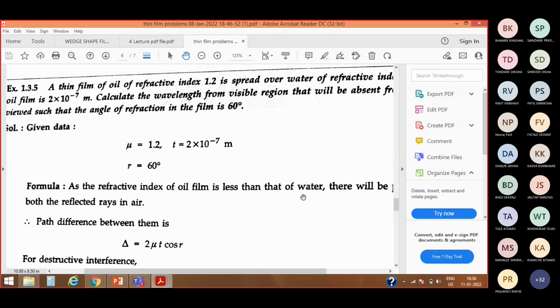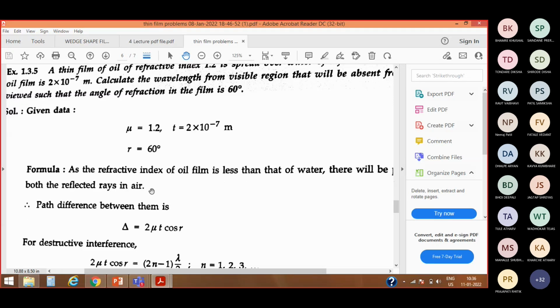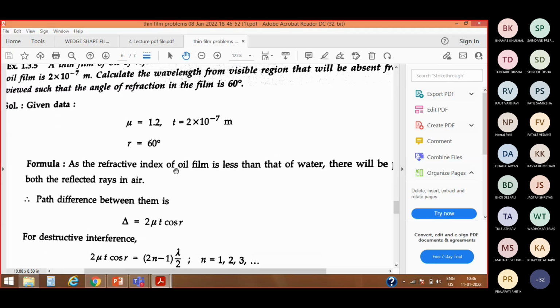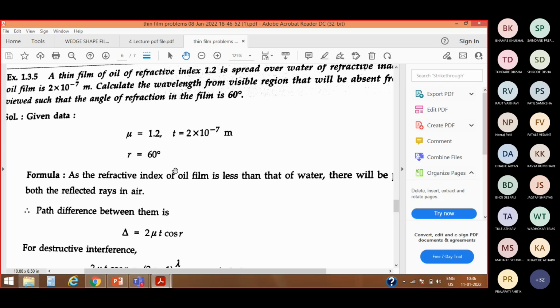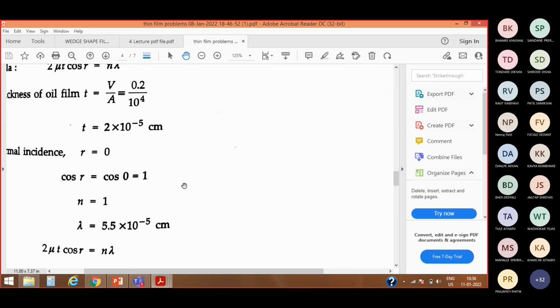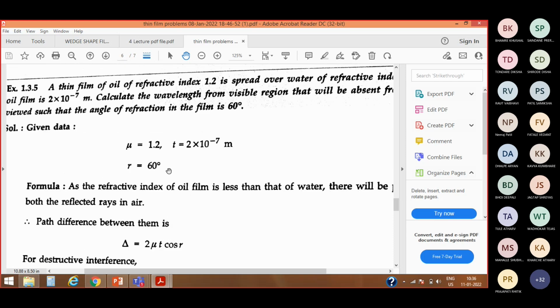First of all, you need to find out the value of small r. स्मॉल आर की वैल्यू आपको फाइंड करनी पड़ेगी. कैसे करेंगे? बाय द स्नेल्स लॉ. रिफ्रैक्टिव इंडेक्स म्यू इज इक्वल टू साइन आई अपॉन साइन आर. Refractive index is equal to sin i upon sin r. So by that equation you will get the value of small r. Okay,